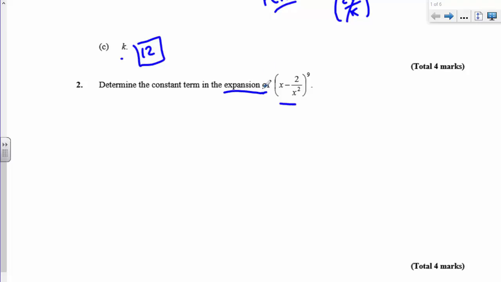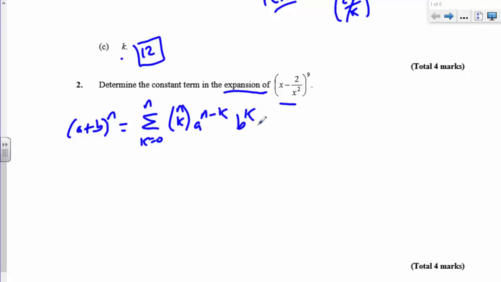This is why it's called that. So we're going to use what is called the binomial theorem. I'm going to go ahead and sketch it right here. (a + b)^n equals the sum from k = 0 of n choose k, a^(n-k) times b^k. Alright, so this is some term in the expansion,